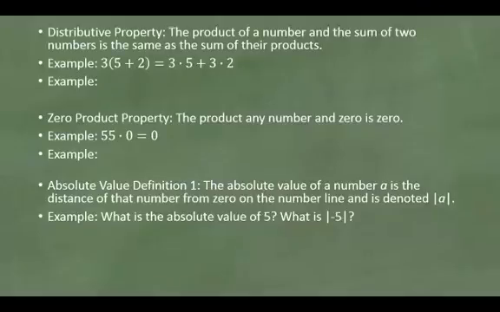Distributive property. The product of any number and the sum of two numbers is the same as the sum of their products. In other words, we can take any number, 3, and multiply it by two numbers that are being added together, 5 plus 2, or we can multiply them first, 3 times 5 and 3 times 2, and then add them together. Doesn't matter if we add first and multiply, or multiply first and add,